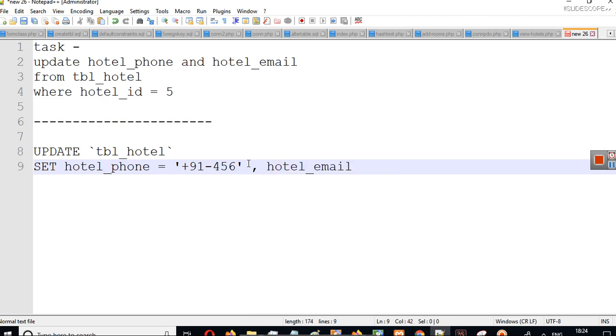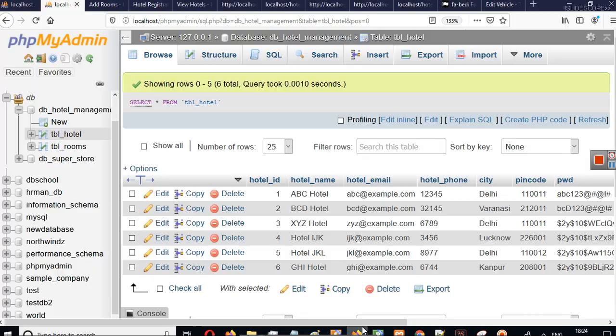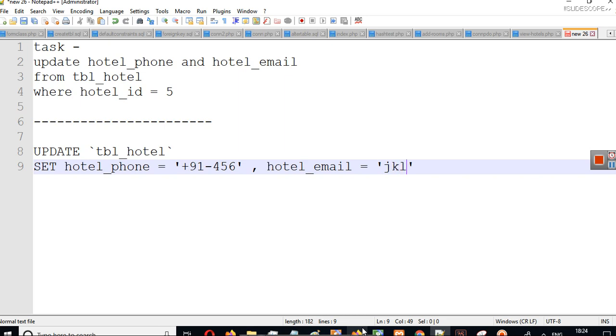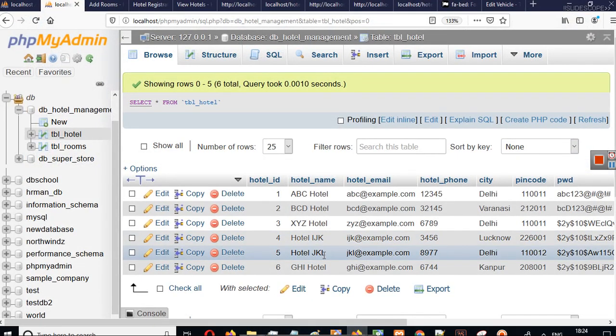You want to set hotel_email is equal to, so the old hotel email is jkl@example.com, so let's say jklm@example.com. We want to create a new hotel email and new hotel phone, but the hotel already exists, so we cannot add this record.